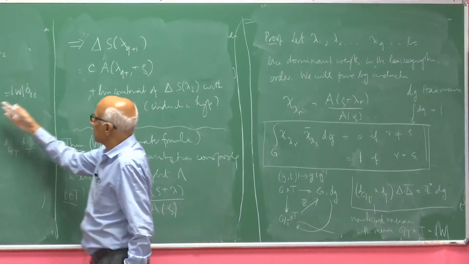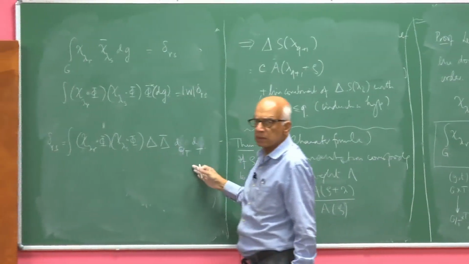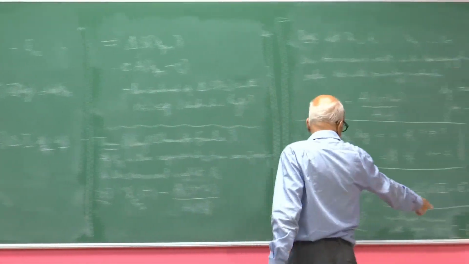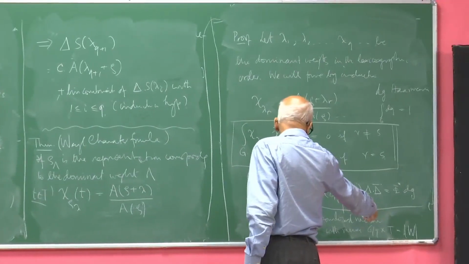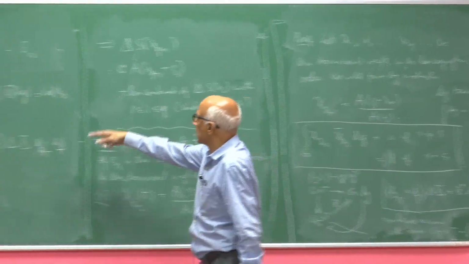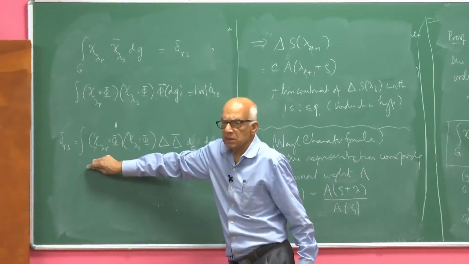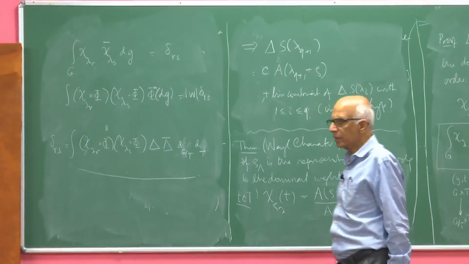I am rewriting this, pulling back, and I have a W there. The total measure of G mod T by T is W, so that is why this W gets cancelled out and you get this answer. Okay. Now,